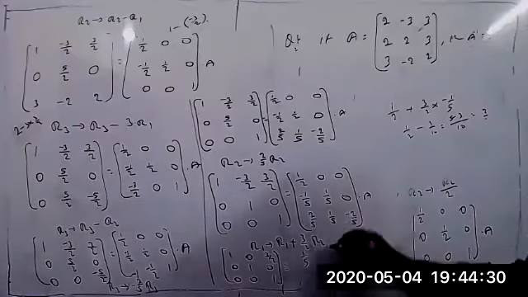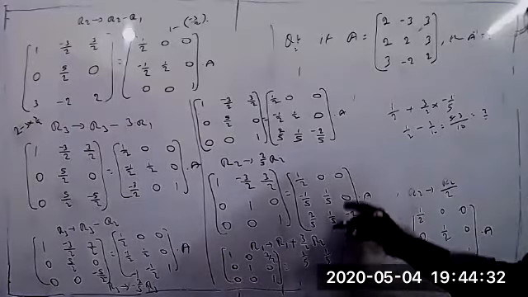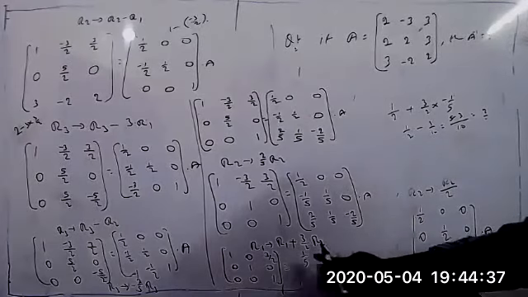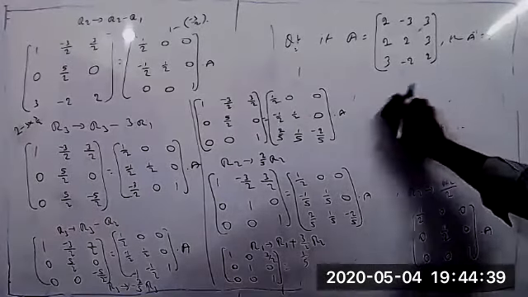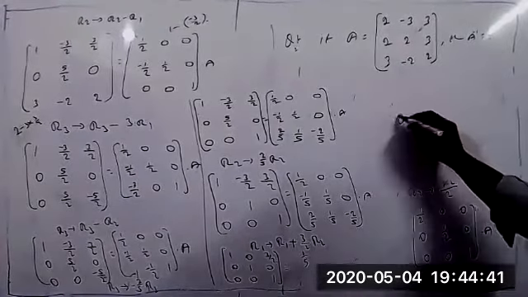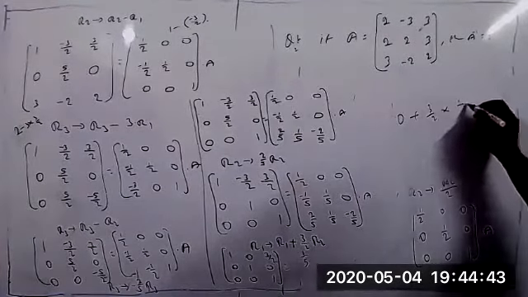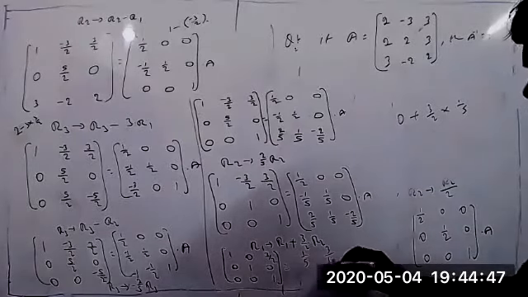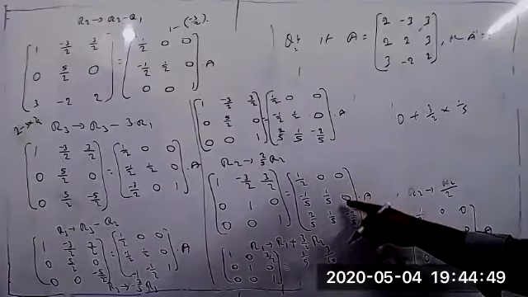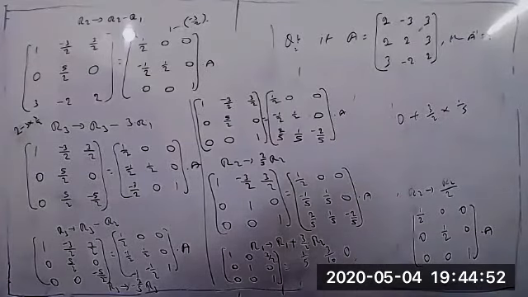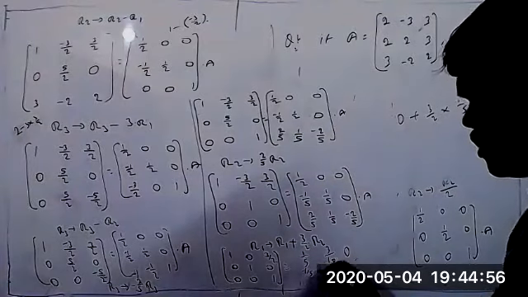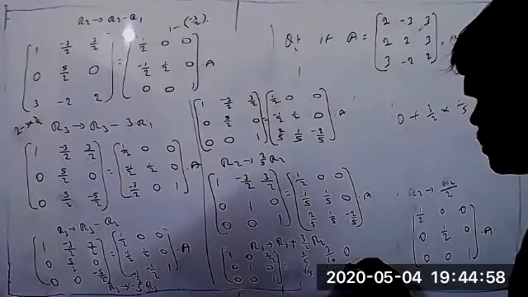And here now 0 plus 1 by 5 equal to 1 by 5. And here you can write 0 plus 0 equal to 0. Sorry, 3 by 2 into 1 by 5 is there, na? So 0 plus 3 by 2 into 1 by 5 is equal to 3 by 10. This is the 3 by 10 now. Last element 0 plus 0 becomes 0 only. Remaining, write as is. So minus 1 by 5. Here also you can write the 1 by 5, 0.